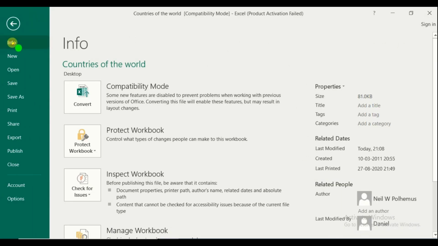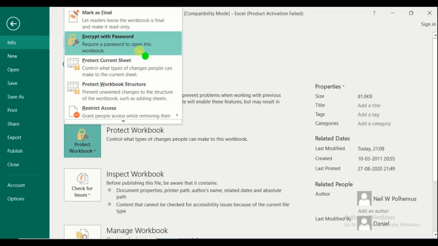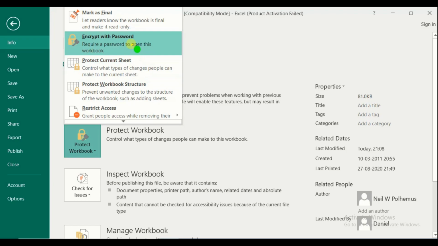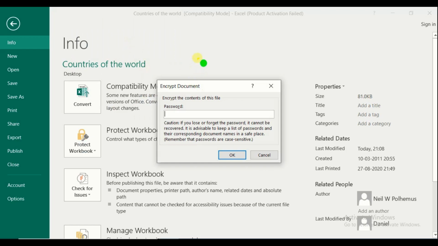Let us start with options. First, we refer to the information tab, in which the first option we select is for protection of workbook and worksheet. Select Protect Workbook. Encrypt with Password is to protect the workbook, and Protect Current Sheet is for protecting the respective current sheet. So let us try to protect the workbook with Encrypt with Password. I am assigning the password 1, 2, 3 for protecting the workbook and the same password for reconfirmation.